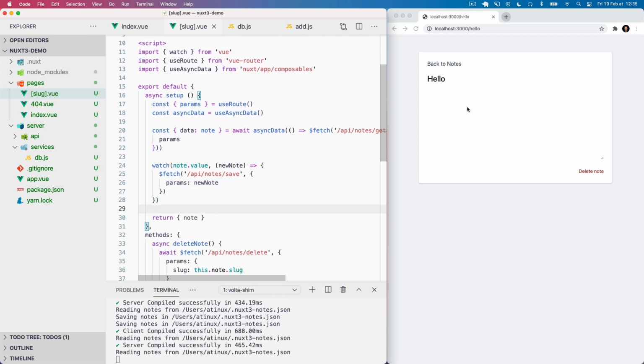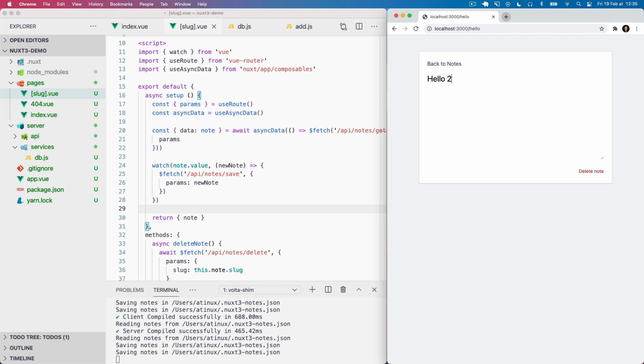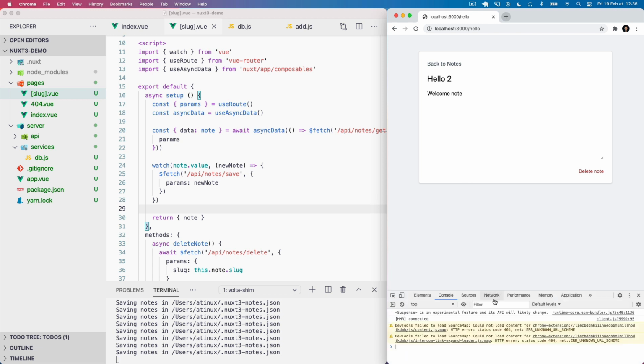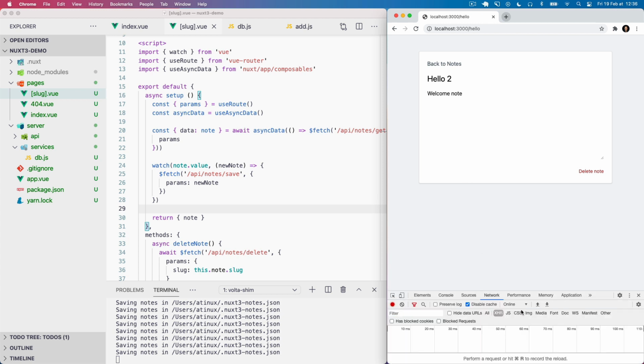Let's see what it does. I have my server here, and every time I type it says saving nodes. I refresh, I have my nodes which are updated. But this is a lot of API code. If I look at my network here,